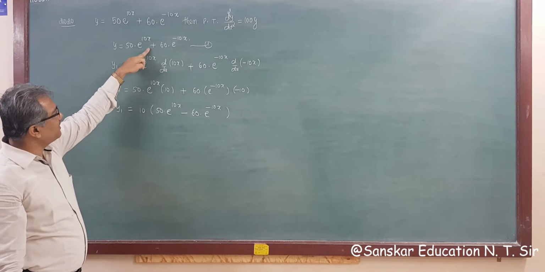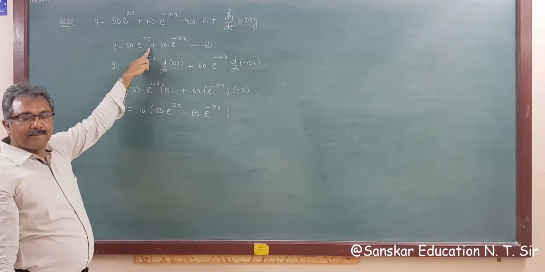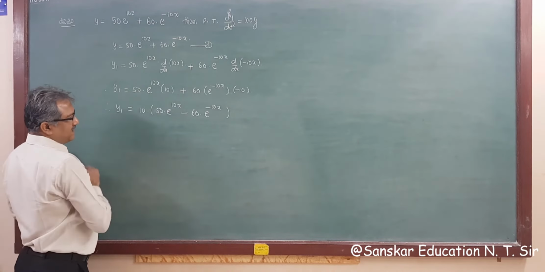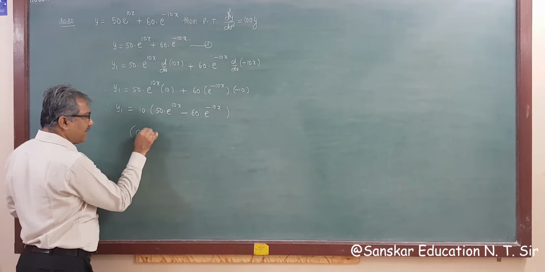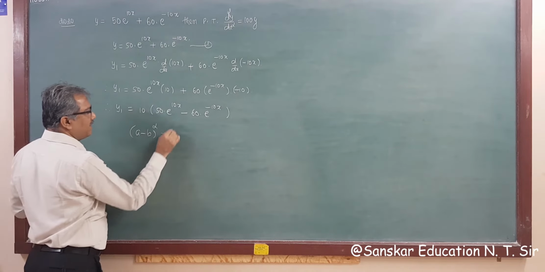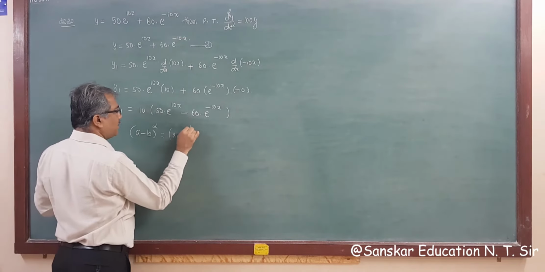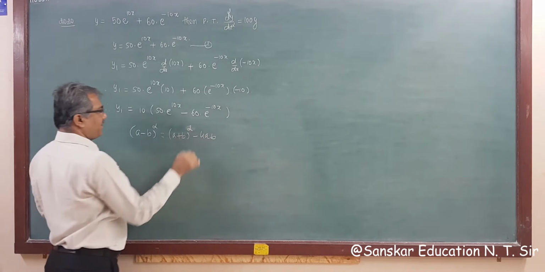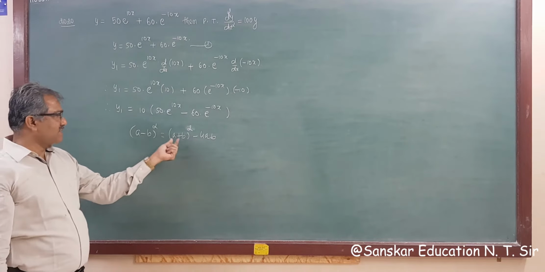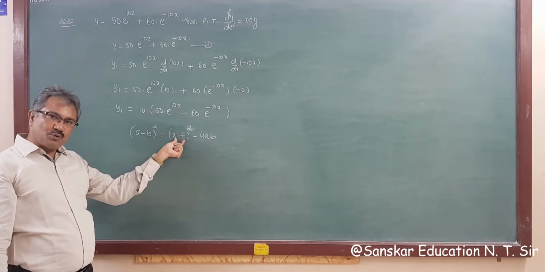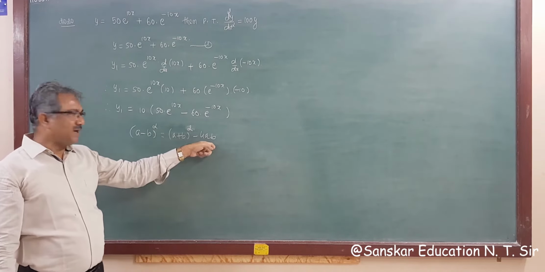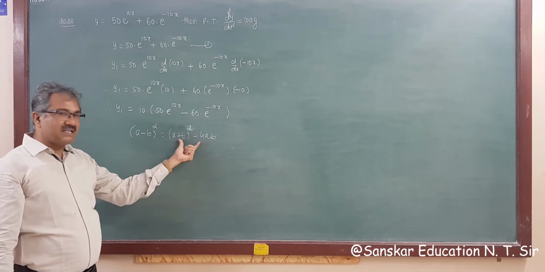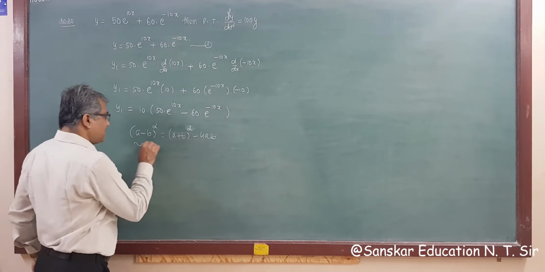In this number 1, here is a plus sign, here is a minus sign, and you know, if we have a minus b whole square, then we are able to write a plus b whole square minus 4ab, because here we get a square plus b square plus 2ab. So 2ab minus 4ab is minus 2ab. So instead of this a minus b, we can write a plus b whole square minus 4ab using this formula.